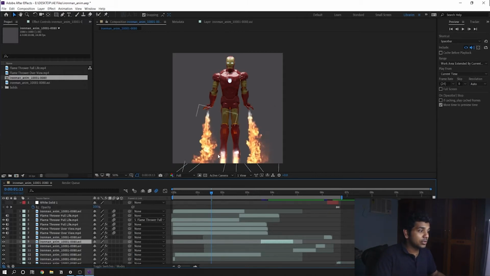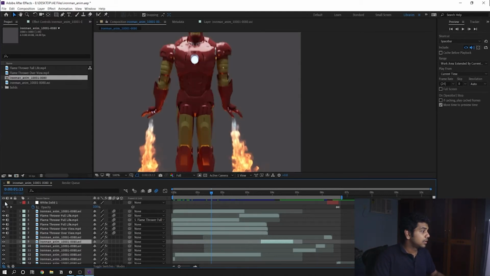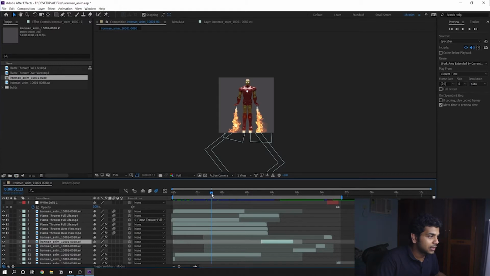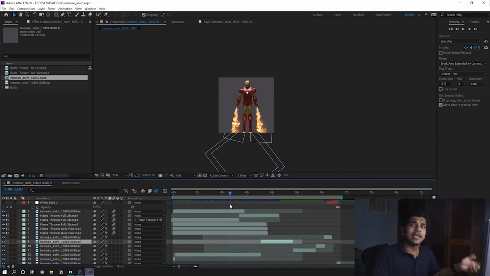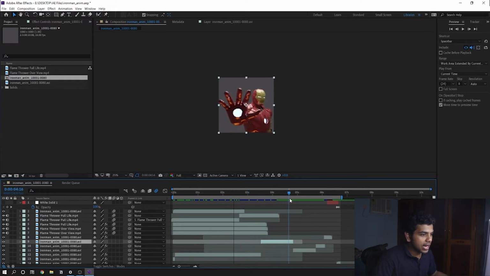I had to mask out his legs through it. So even I masked them out. Alright, and I had to track those flames to his hand. Now obviously Iron Man doesn't shoot flames, he shoots beams, but I could not find any beams, so this is what I had. So yeah, I worked with those, and then at the end when I had to